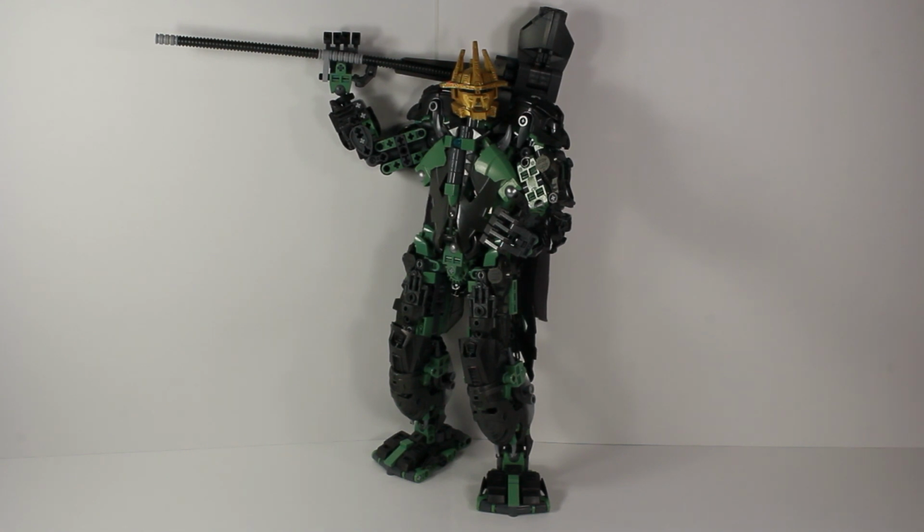Now the way the contests actually work is they're split into two possible parts. The first is a MOC contest, and the second is an art contest. Now the second part of the contest is not always run because out of these 15 characters that will eventually be voted on to get a visual appearance, only some of them actually have Kanohi that already exist in the Bionicle canon. For example, Artakha over here, his Mask of Creation, the Kanohi he wears, did not have a visual